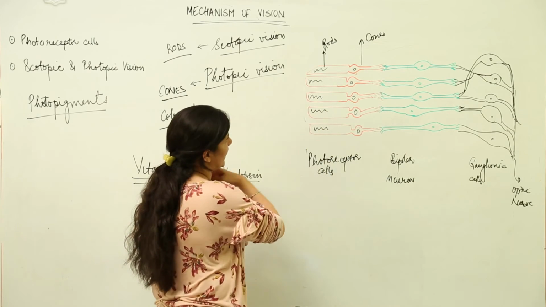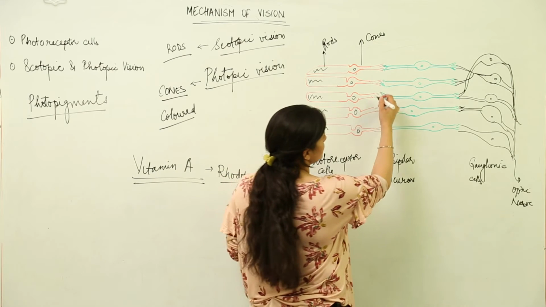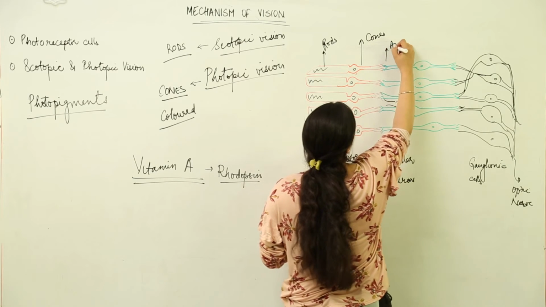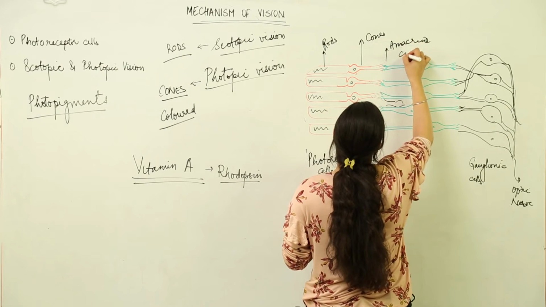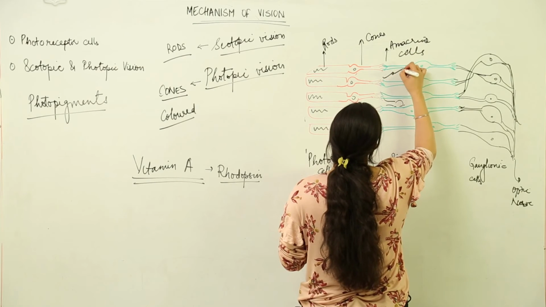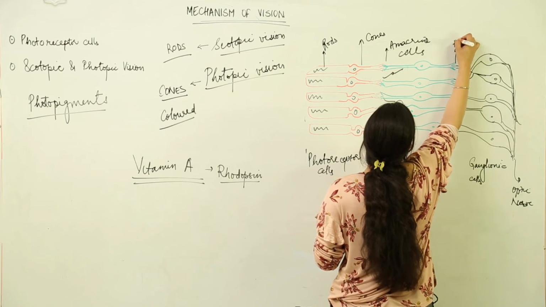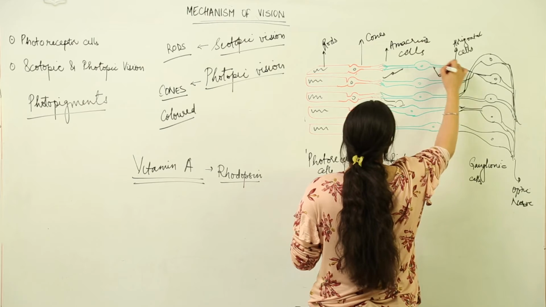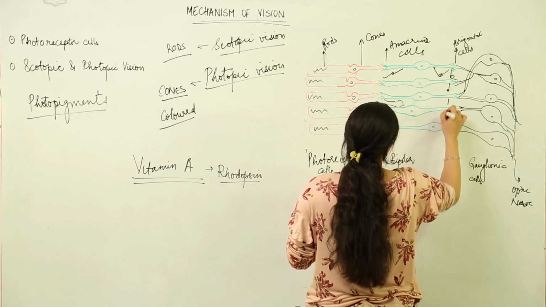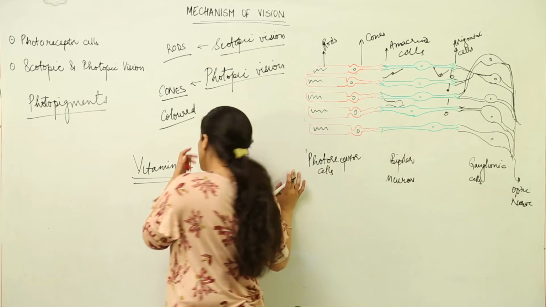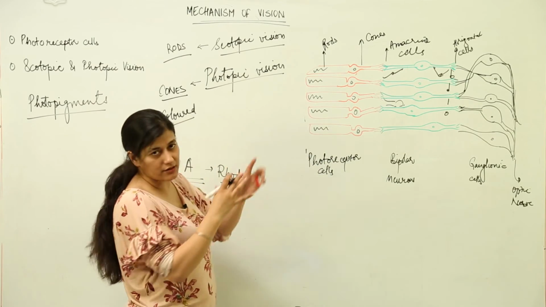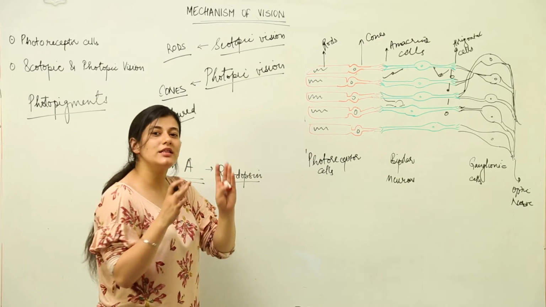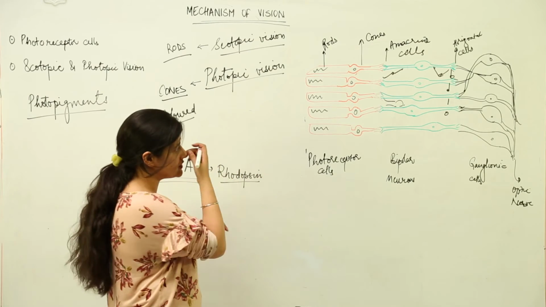Now you know these rods and cones, but one thing is missing over here: we have at times amacrine cells over here and horizontal cells. Amacrine cells could be present for passing the information here and there, which would be in connection, and horizontal cells would be present towards this part. Again, these horizontal cells would be developing some sort of connection. Just to make you remember the names, they are present in such an arrangement that they maintain a connection between all these cells, and you have to remember that amacrine and horizontal cells are present inside the retina.